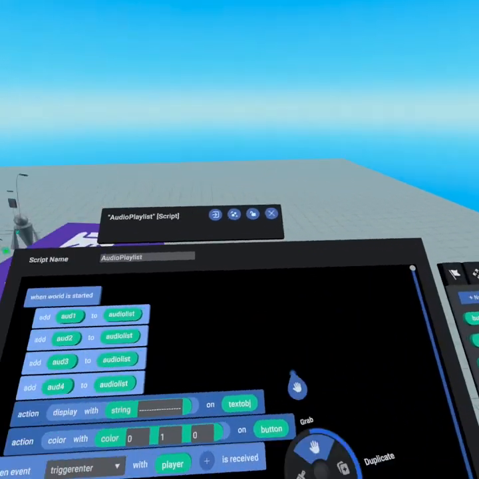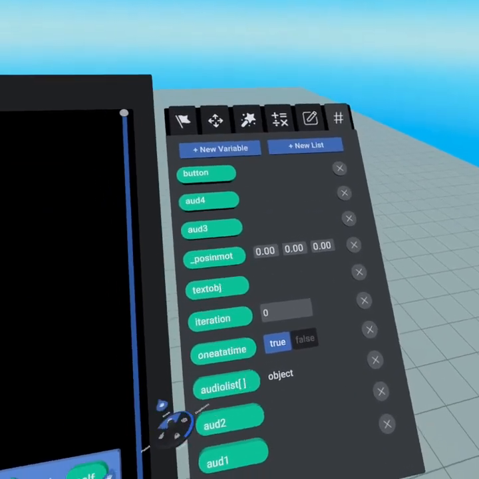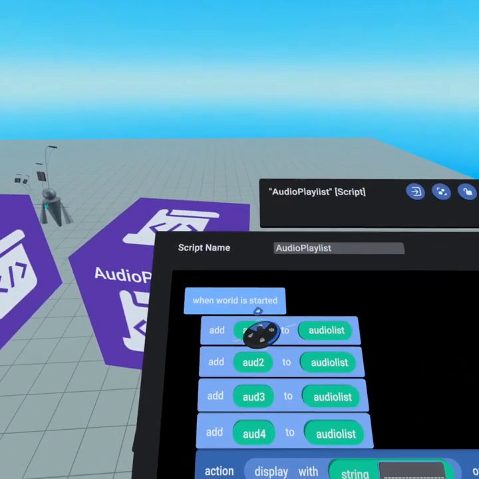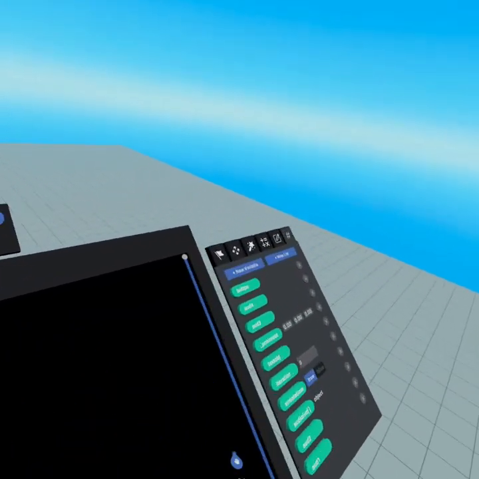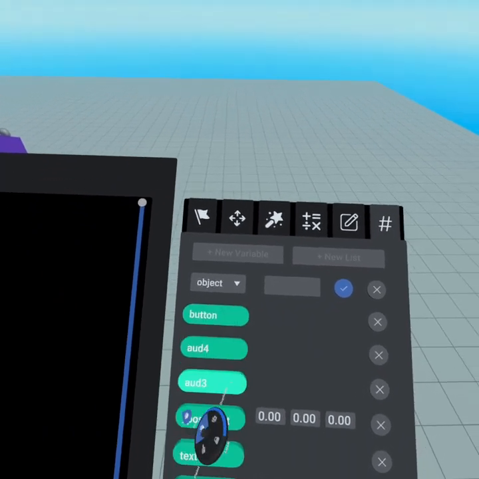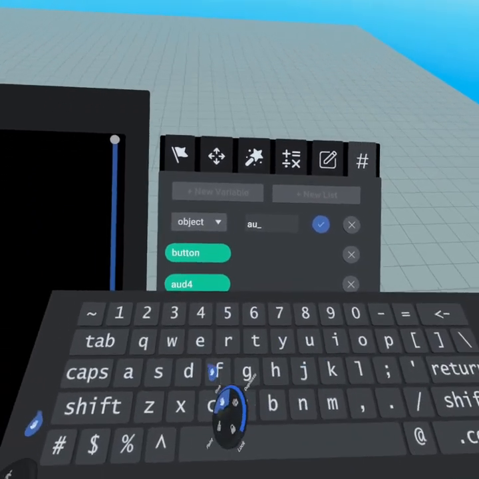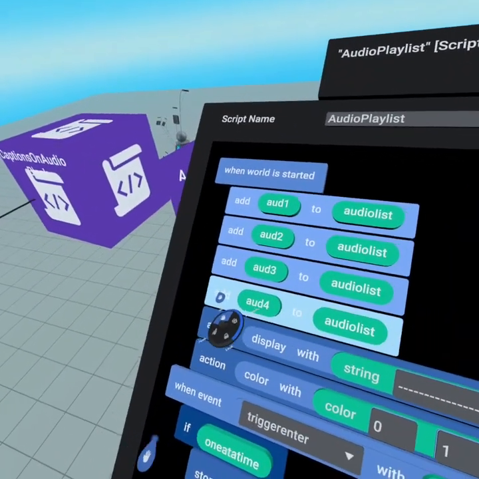Now let's talk about the audio playlist. How do we get additional sounds? Well, we have an audio list. This is a list of objects, and at the beginning of the world, we add audio 1, 2, 3, and 4 to the audio list. So if we wanted to add another audio block, you click New Variable, drop down, Object, and we'll call this audio 5. And now we've got another audio slot,